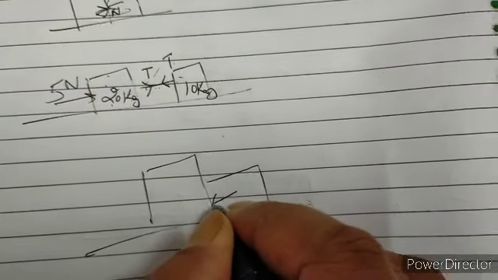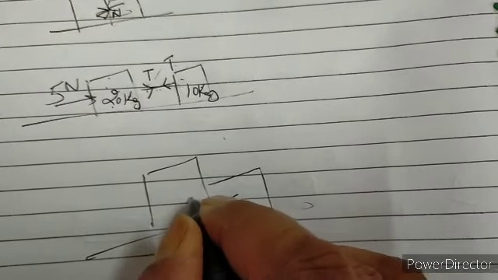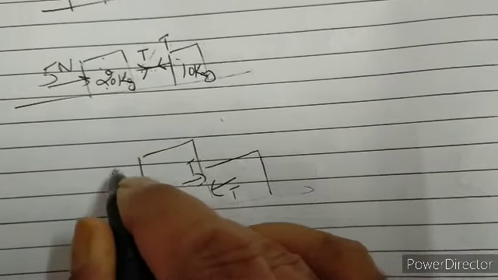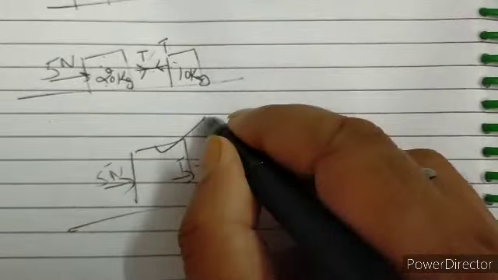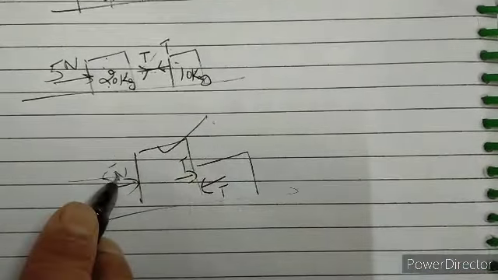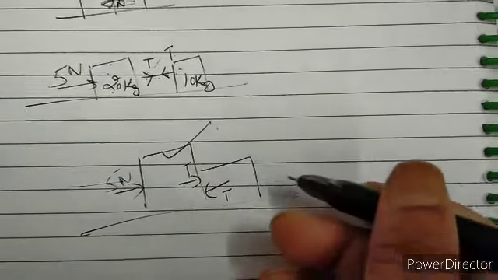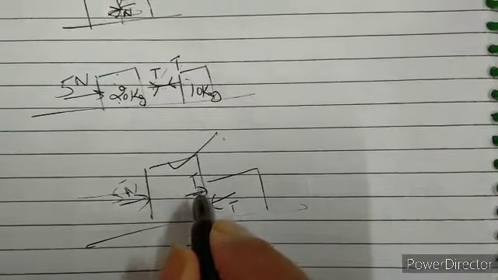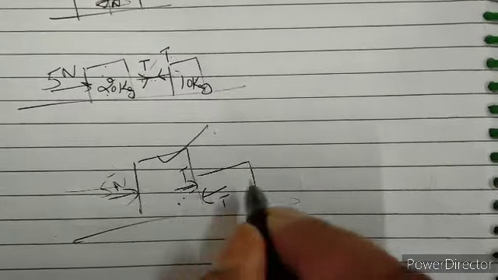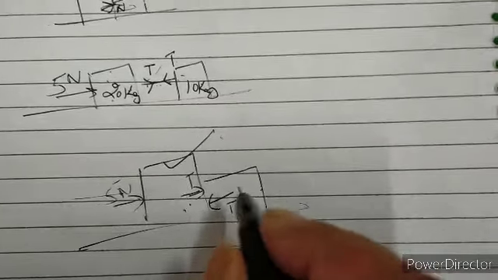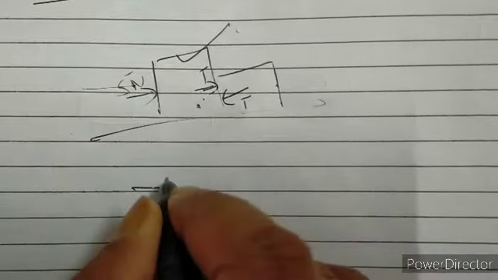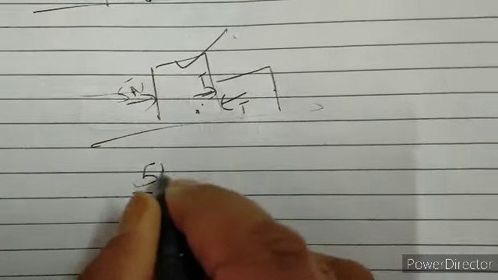This is applying on this block T, and this is applying on this block T, and the force applied is 5 Newton. Then how many forces are acting on this block? One from this side and the second one from this side, because this T is applied by the first block on the second block. So on this block two forces are acting. One is 5 Newton,